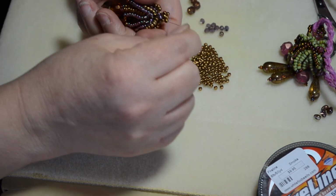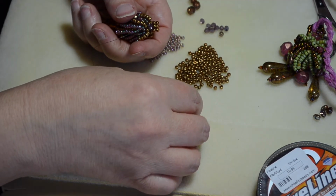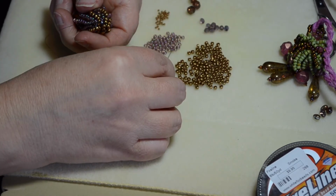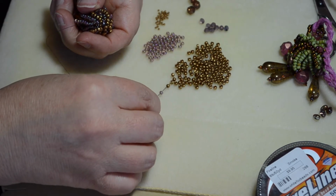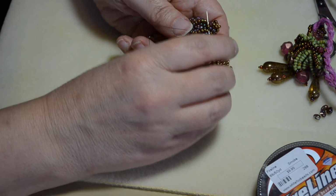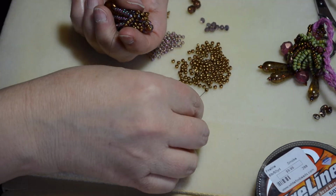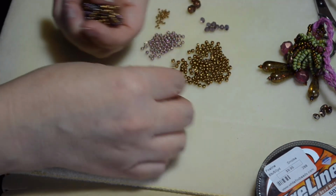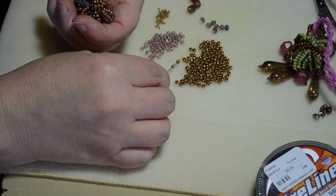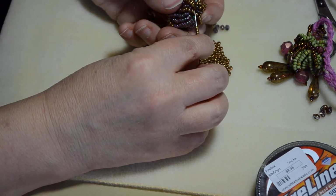Okay, so another round of these little loops. 1, 2, 3, 4, 5. A purple, a fire polish, a purple. 1, 2, 3, 4, 5. Straight across. 2, 3, 4, 5. Purple, fire polish, a purple. 1, 2, 3, 4, 5. Stitching